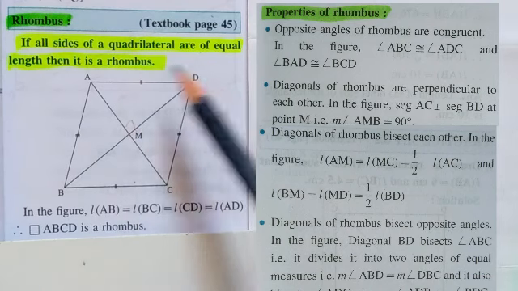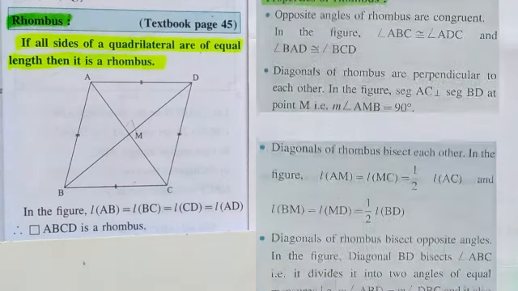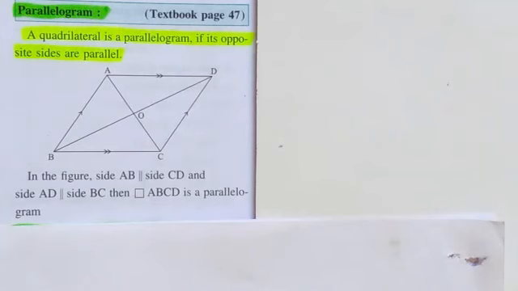Similarly, the same happens with the four angles. So these are the properties of the rhombus which help you to understand the rhombus very clearly. So write it. If you want, you can take the screenshot and write it in your classwork notebook. Now students, let's go ahead with the fourth type of quadrilateral, that is parallelogram.